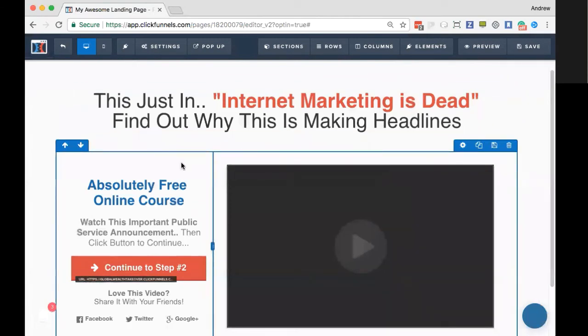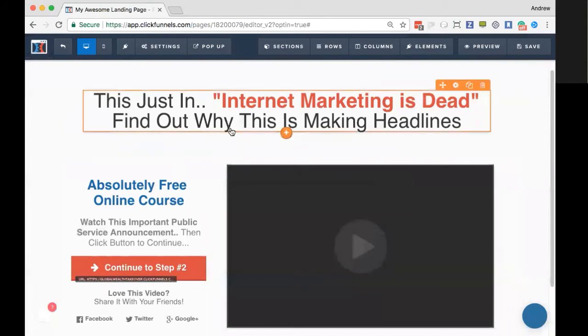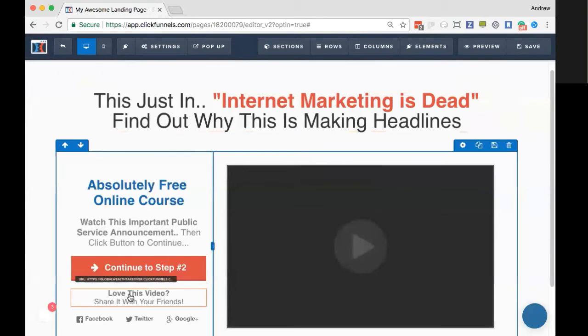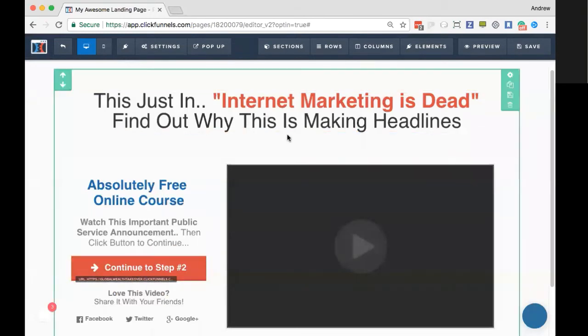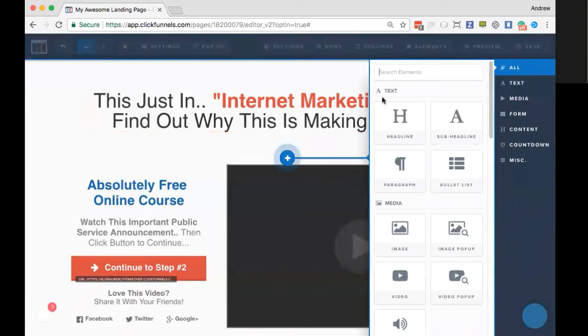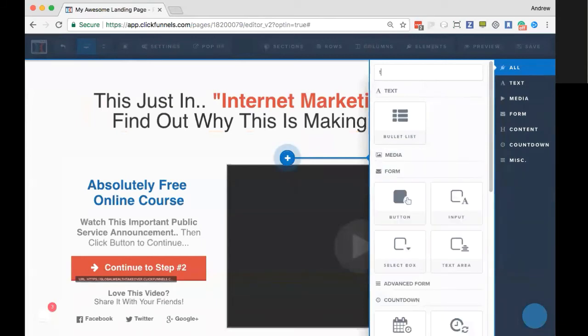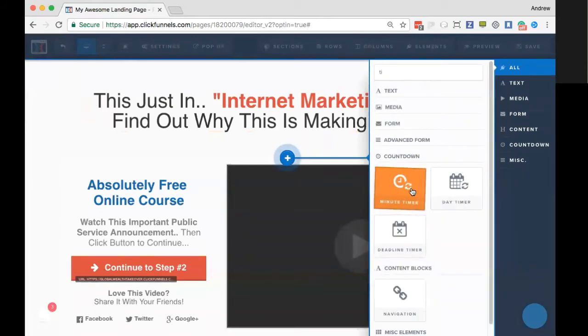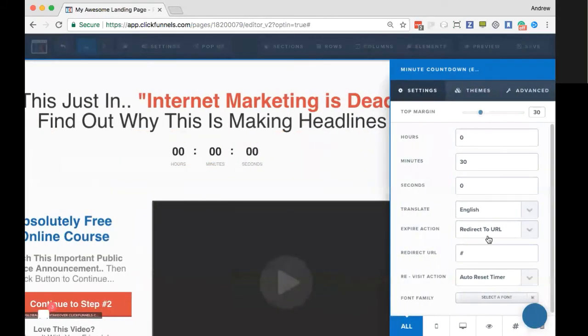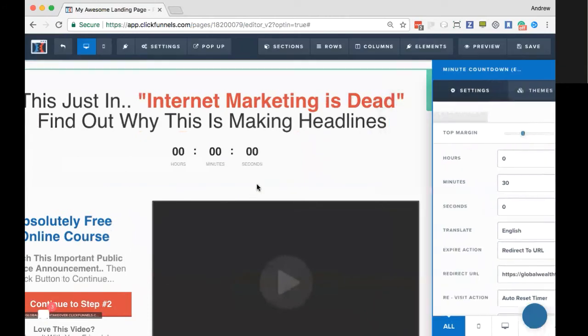Now, another option that you have, say, for example, if you wanted them to redirect to a page after they register for a webinar, you could actually put a countdown timer on a page that will redirect them at the end of the expiration. So that particular person lands on that page, gets confirmation, redirects after 5 to 10 seconds. Same concept. You just simply select a timer, add it to your page. You can hide the timer if you don't want it to be on the page. But the functionality will still work. And you just simply go in and set redirect to a URL and then place your URL in that timer.